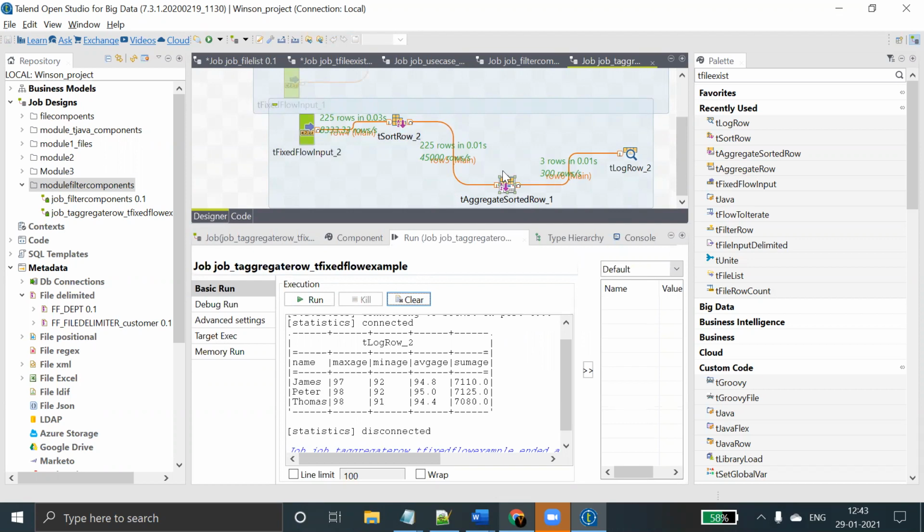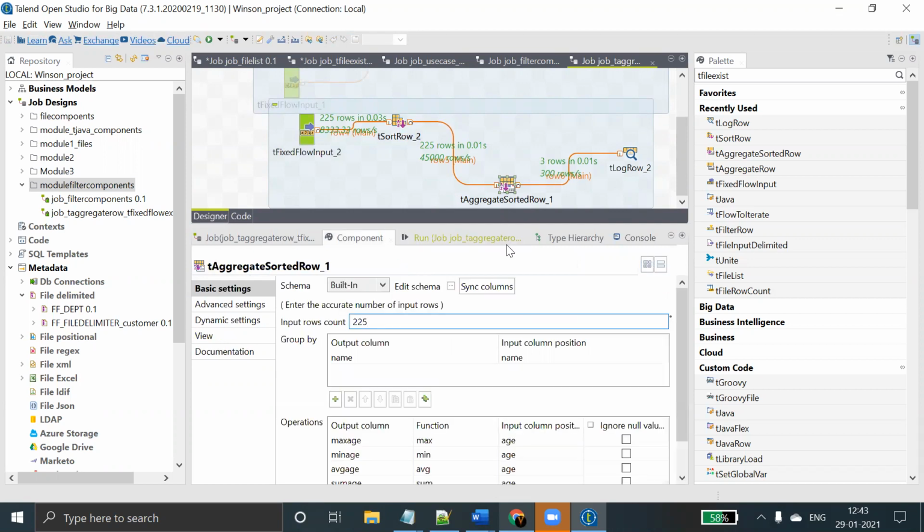That is the main drawback of tAggregateSortedRow: you have to give the correct input row count. Previously I gave less than 225, right? So that's why it did not work properly. That is the main thing you need to consider.